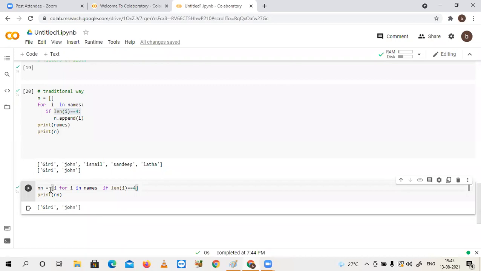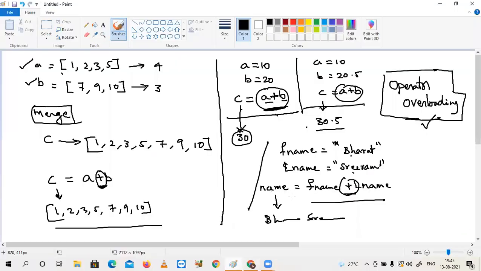So already in the beginning class, I told you why Python is mostly used by industry. The reason is very simple. Second thing is it is rich in libraries. Very soon we are going to see that. NN is nothing but the list itself, right? I mean, the expression in a list. Yes, we are creating a list.